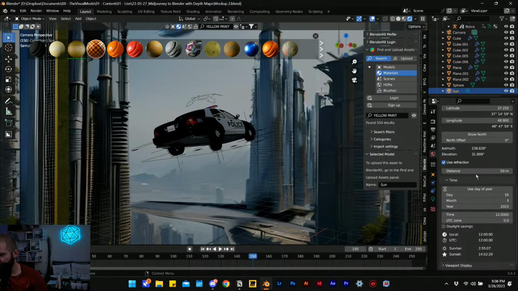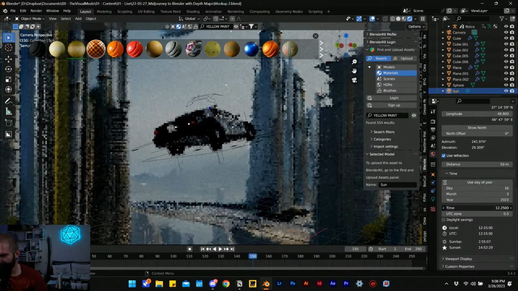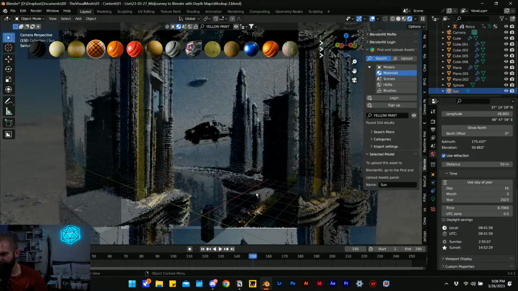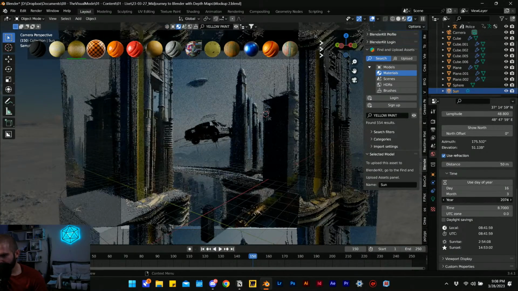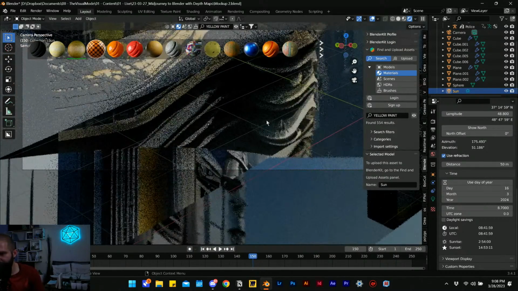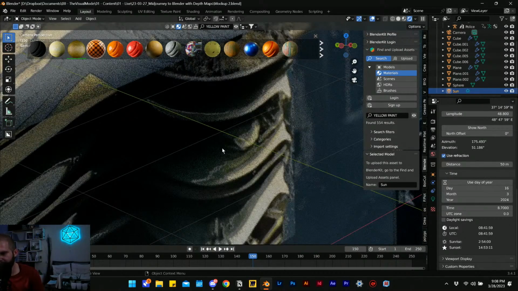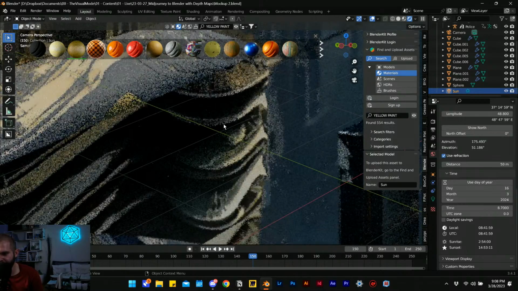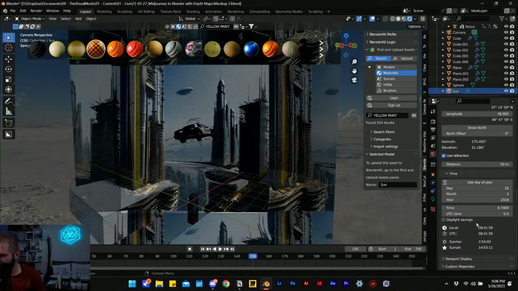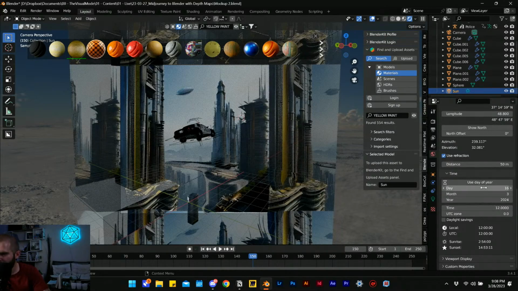North offset, use refraction, distance. We can set a time of the year or a time of day, so we can see the shadows of the geometries traveling there. And if we do have shadows on our scene, like it looks like if I go over here, we have basically top-down shadows, right? Because we're only getting a little bit of edge lighting on some of these surfaces. So really what I want to do is set this to a noon sun in the month of June,